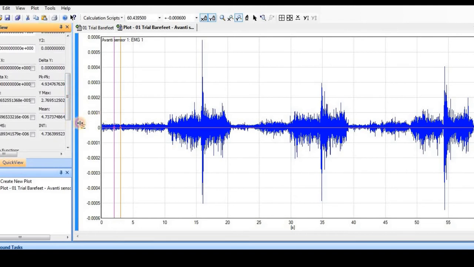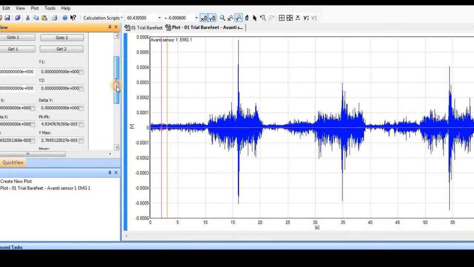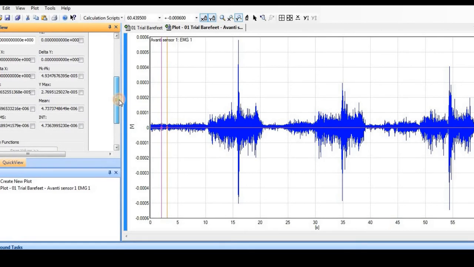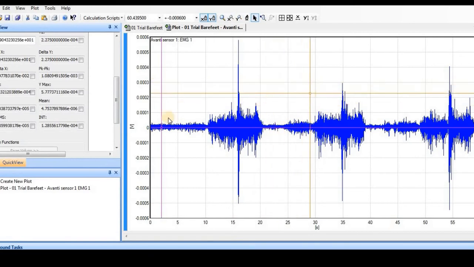You can view very quickly some basic parameters of this series, like RMS, mean, the maximum of the Y, which means the amplitude, the minimum of the Y, and the timeline, that is the x-axis. And these are the two movable cursors given to me. I can move them anywhere on the plot, and you can see that when I'm moving them, there are some values on the left side that are moving.